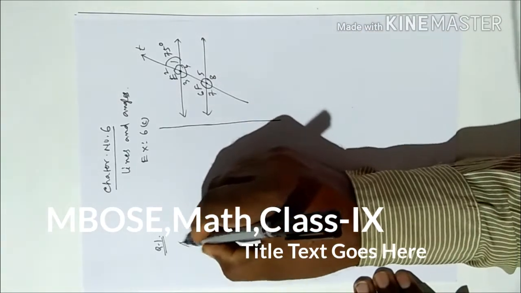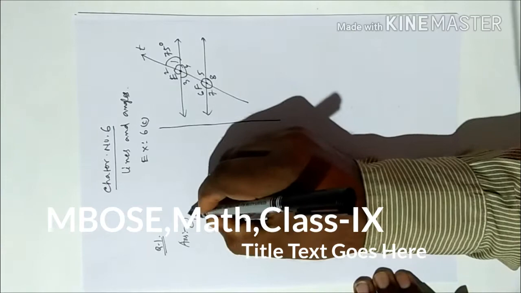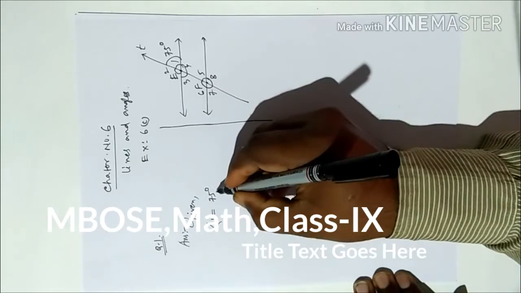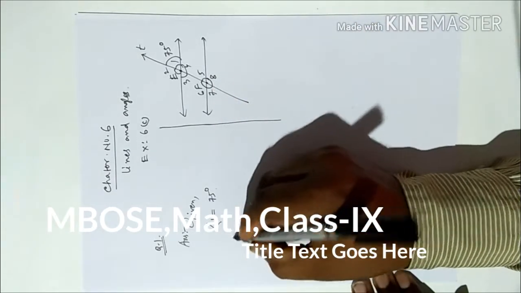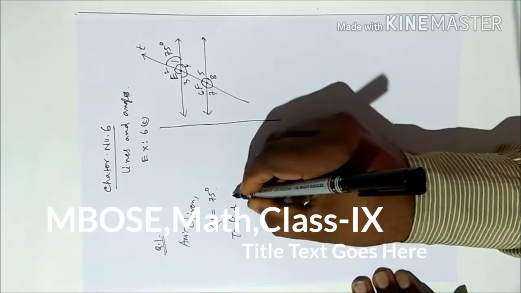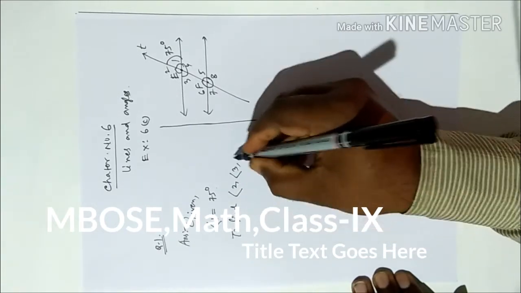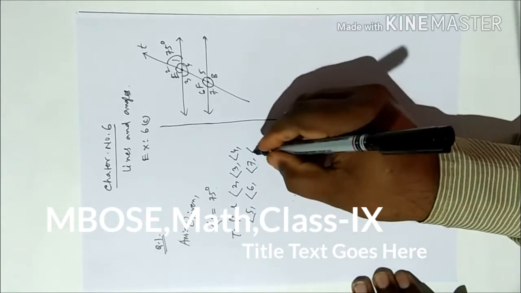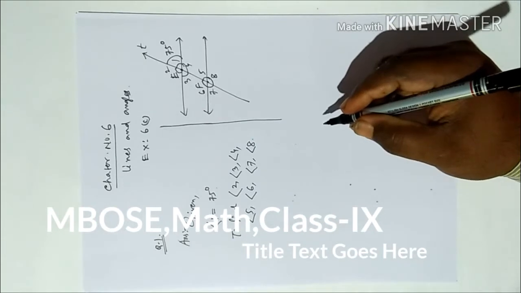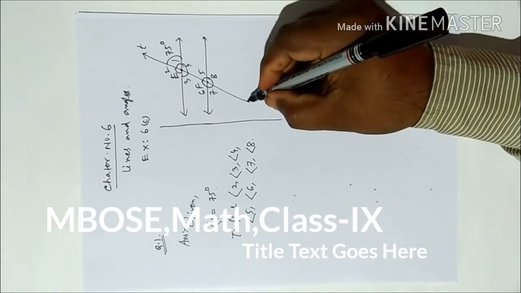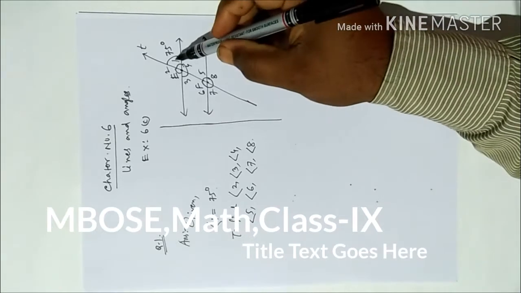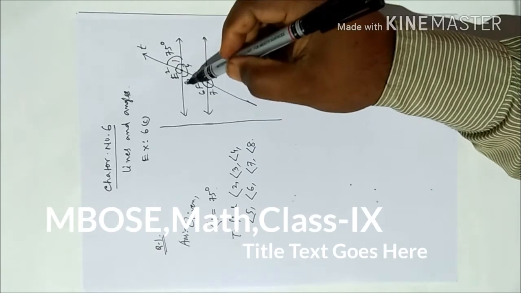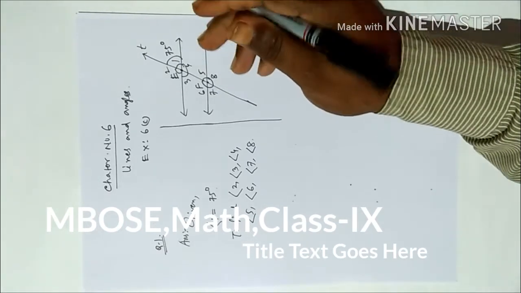So what is given? We'll write here the answer. Given: angle 1 is equal to 75 and the marked angles you have to find, angles 2, 3, 4, then 5, 6, 7 and 8. So how to find the marked angles? By the definition. Angle 1 and angle 2, how much degree? 180 degree. Angle 3 and 4 also 180 degree. So how do you know 180 degree?